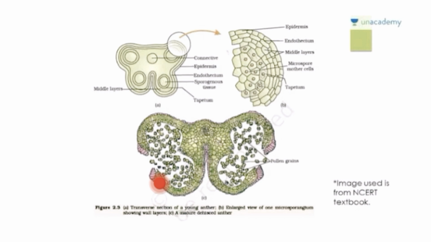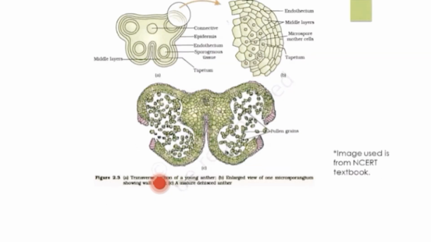And in the endothecium, tension is created, a pulling force is created because of the loss of water. The endothecium is here. So here tension is created, and it is actually the anther dehisces in the dry season. So loss of water takes place and tension is created, that is, a pulling force is created in the endothecium, and here are the sterile tissues present. Sterile tissues are present between the two pollen sacs.